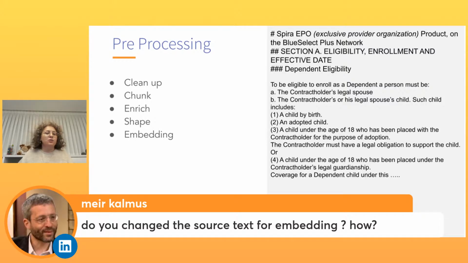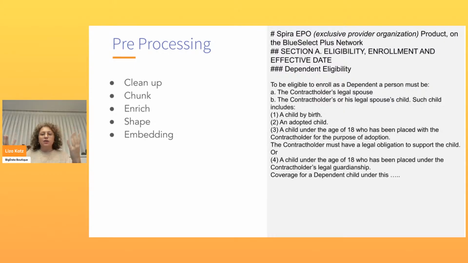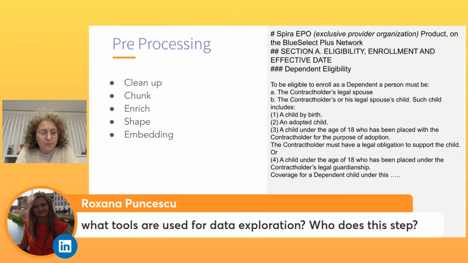If I'm reading through a paragraph that talks about diabetes, like coverage and conditions, I'm not sure if this is a section that excludes your eligibility or defines your eligibility, or maybe it's about your partner's eligibility. So I need to shape the text. I take the raw text, but I also add additional information to make it clear to myself and to the LLM. I hope this answers the question.